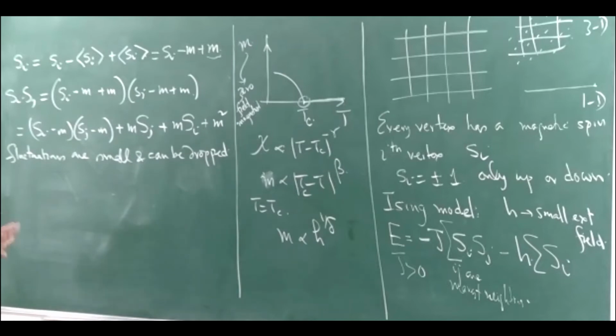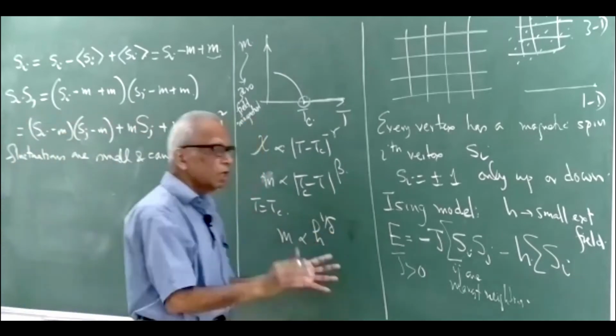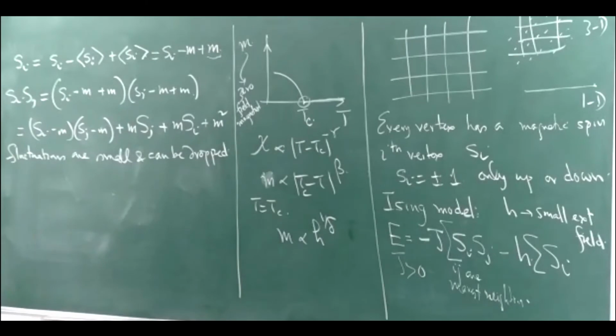I have defined this model, but now when it comes down to a first stab at that model, what I'm doing is exactly the van der Waals assumption, except that now you can see it clearly. By writing S_i S_j, which is a genuine interaction term, in this form, and dropping the fluctuation term,